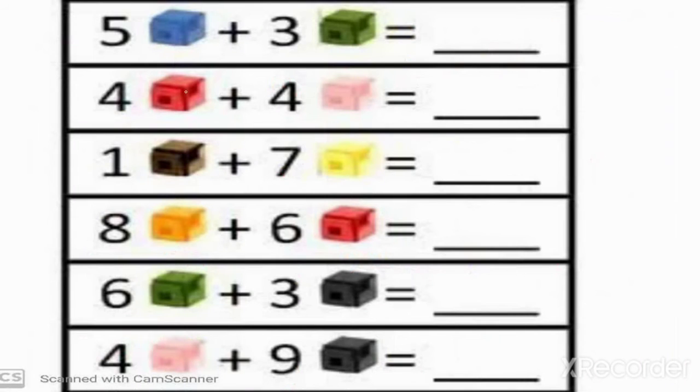Okay. Let's see. Now we have the sums without any figures. As I told you just before, what you have to do is keep in your mind the first number, that you have 5. Okay, and you have to add 3 more to it. So from where we have to start our counting? We have to start our counting after number 5. 5 after 6, 7 and 8. We have to keep the first number in our mind and start counting just after that number. Okay, so we get number 8.